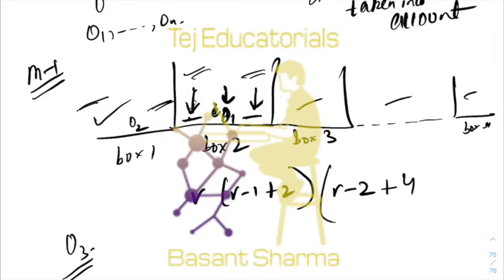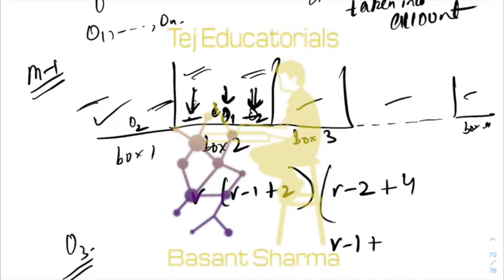And you might say, if O2 is present in the same box as O1, then how many choices does O3 have? In that case, if O1 and O2 are in the same box, then r minus 1 boxes are left.